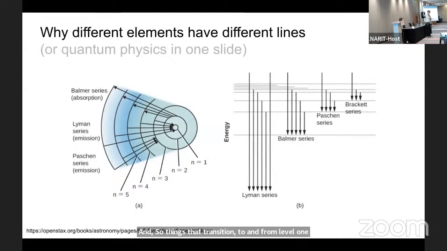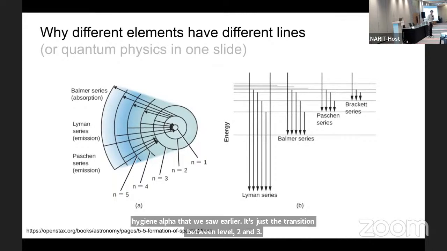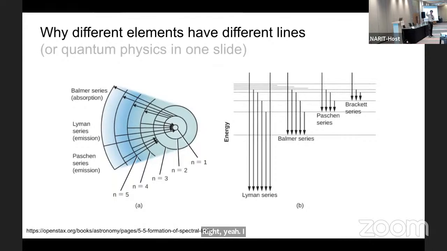Things that transition between level 2 are the Balmer series. This is the first series to be recognized because, of course, they are in the optical. We can see it with our eyes. So hydrogen alpha that we saw earlier is just the transition between levels 2 and 3. Yes, and then we have the Paschen, Brackett, and Pfund series, and these are all named after some people who